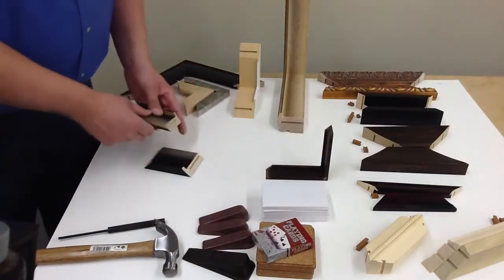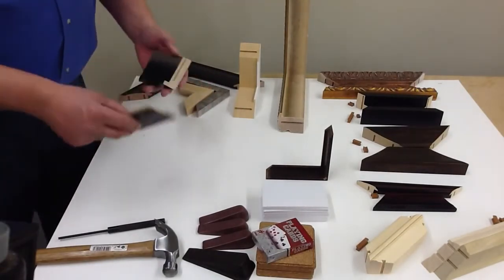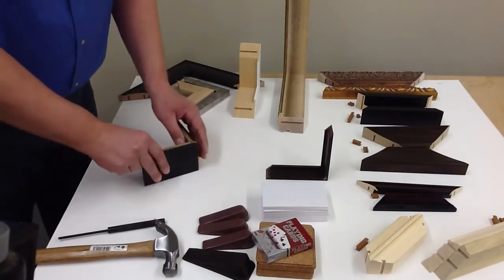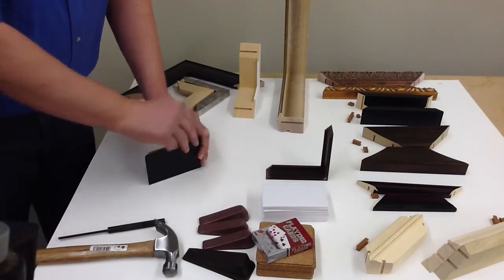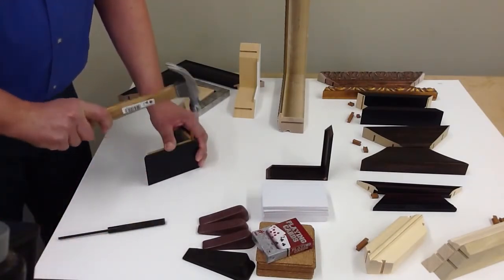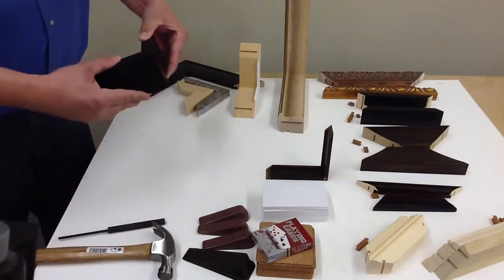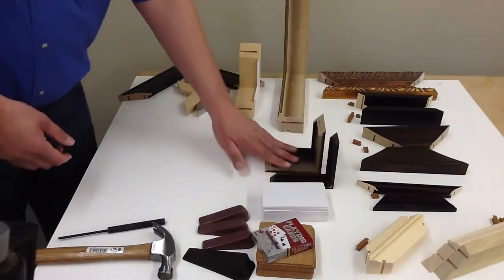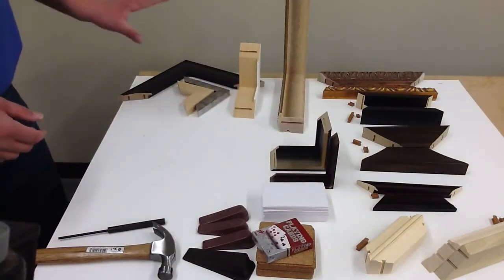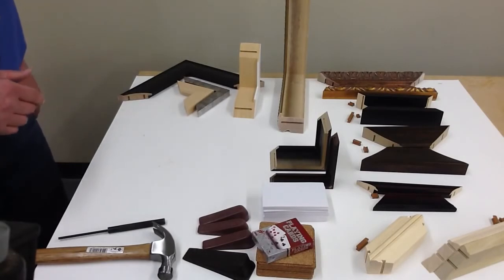And then this is a taller shadow box, a little over 3 inches. Again, glue, and we're using our W1, 2 and 3/8 inch key, about 60 millimeters. Slide that right in, and there you go. So these are our examples of molding with fairly flat face side, fairly easy to assemble, but of course, custom framer, nothing is ever easy,